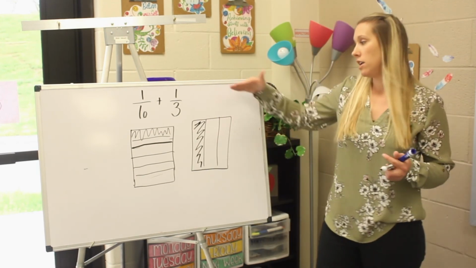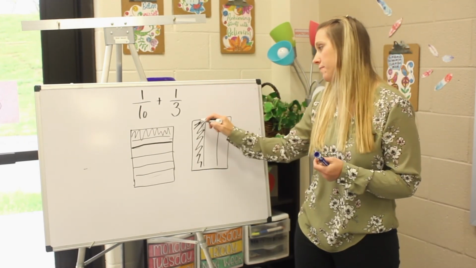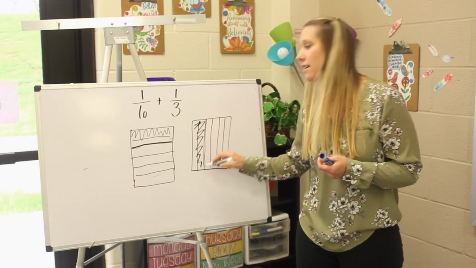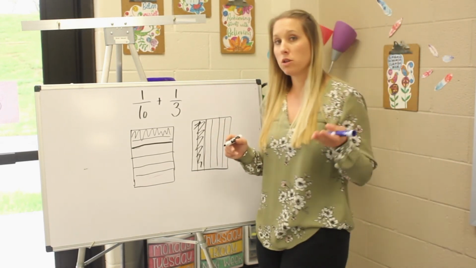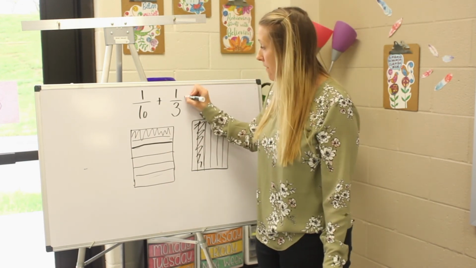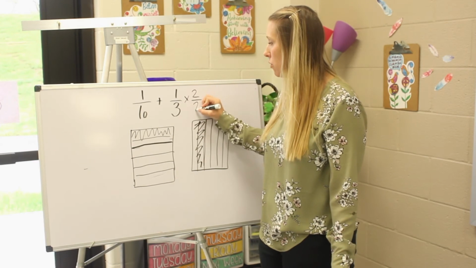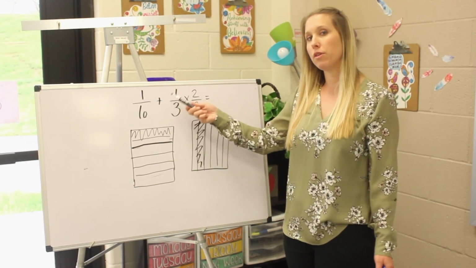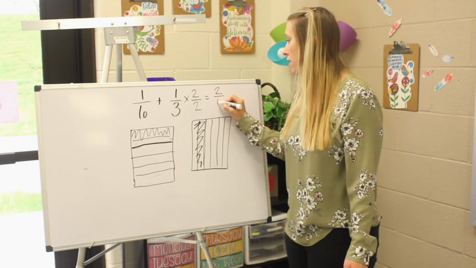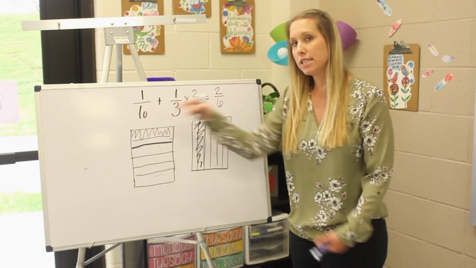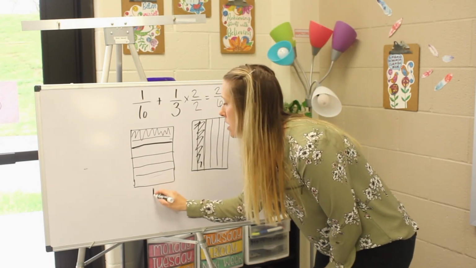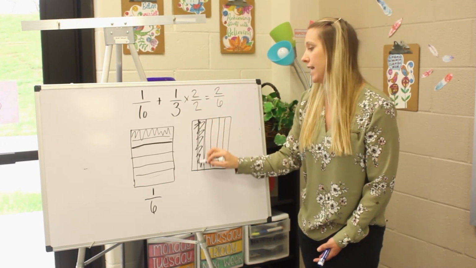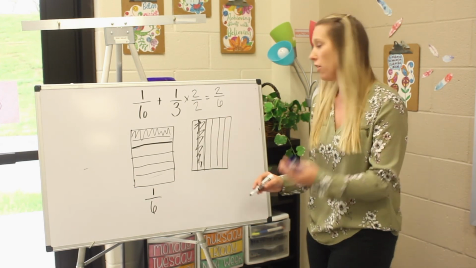Now, if I cut each third in half, we now have how many pieces? We now have 6. Remember, this goes back to what we did in lesson 1. When we cut it in half, that's like multiplying our fraction by 2 over 2. Remember, it stays equivalent as long as you do the same thing to your numerator that you do to the denominator. So I don't need to change this. It's already 6 pieces. So I'm just going to bring it down. It is worth 1/6. Now, 1/3 is now cut into 6. So instead of 1/3, we have